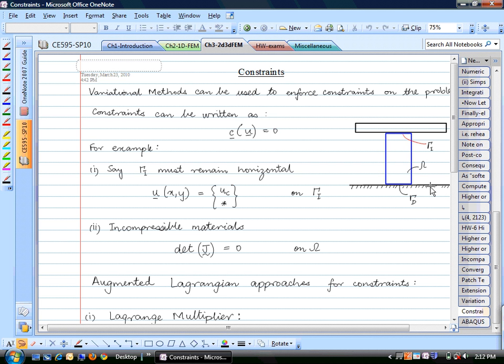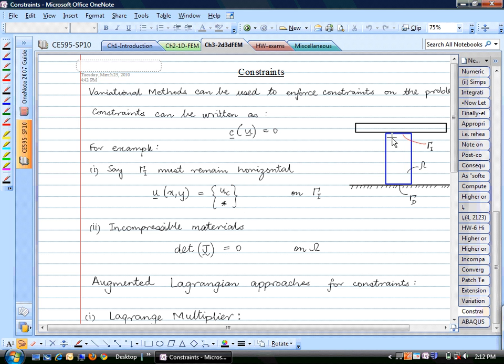And in some shaking experiment, maybe you want to say that this edge must always remain horizontal. So one way to express that constraint is that the displacement, which is a function of x and y, all along this edge on this gamma I, has this form,